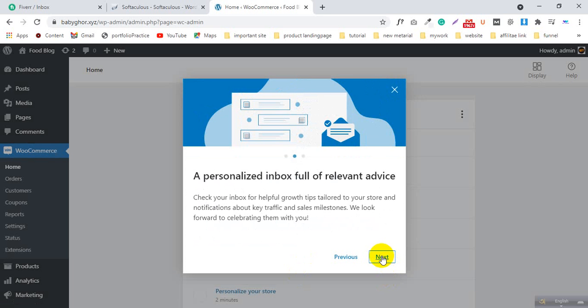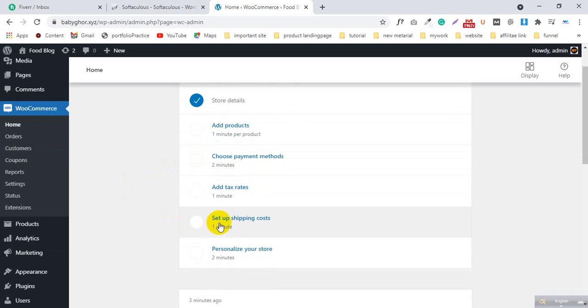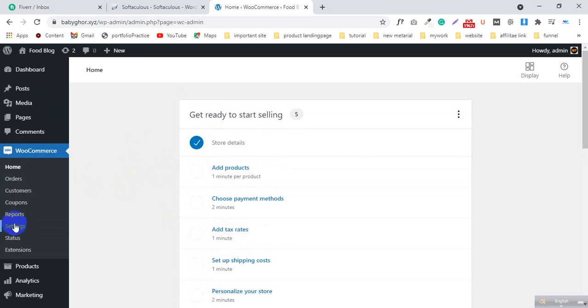WooCommerce is successfully installed in our WordPress website. Now you can add products, choose payment methods, add tax rates, set up shipping costs, personalize your store, everything. You will see here: home, orders, customers, coupons, reports, settings, status, extensions. We will make more videos about every